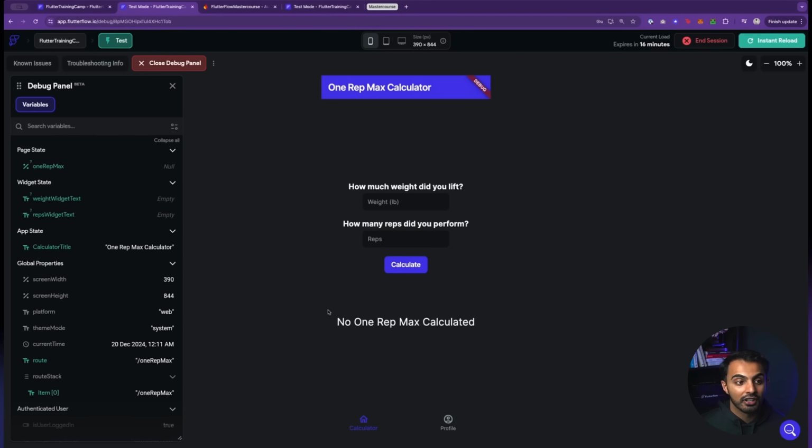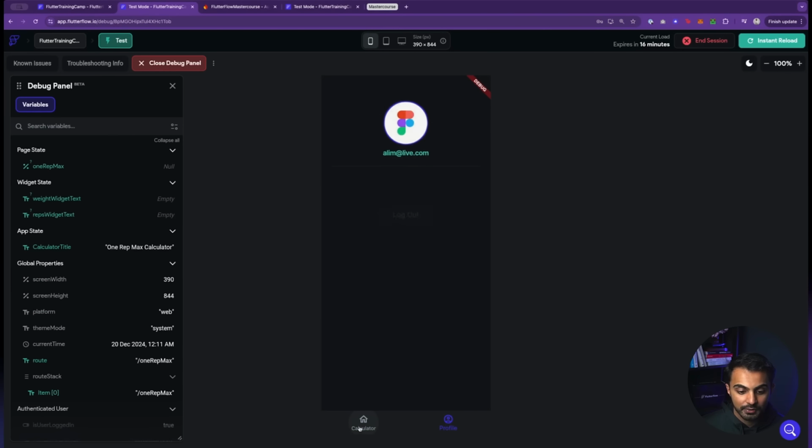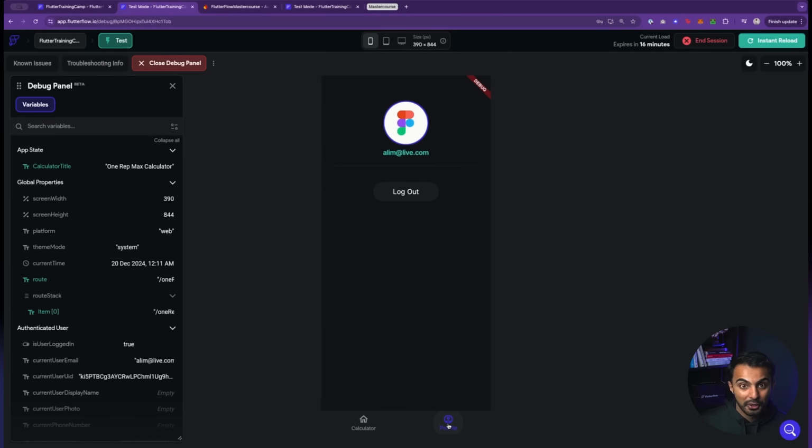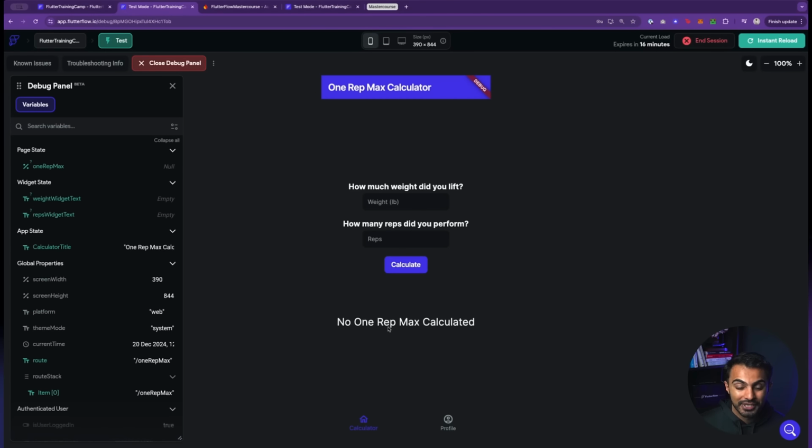And if you followed along, you should have your authentication working as well. This is a very basic implementation of a very simple app that you could potentially even launch to the store as a 1-rep max calculator. No joke, there's nothing stopping you from taking this app and launching it to the store, branding it as a 1-rep max calculator, maybe adding more features onto it and charging money for it. Literally, you just built an app that solves a problem, and you did it in less than an hour maybe, and got it going. But right on.